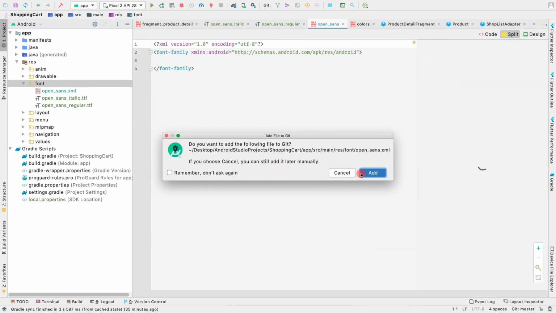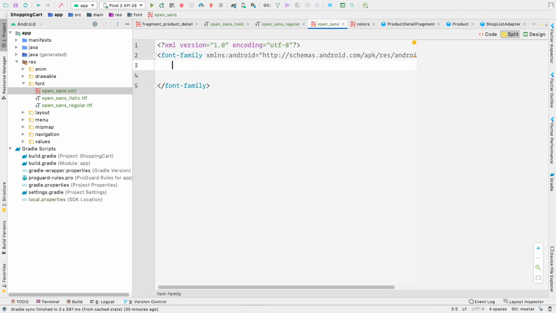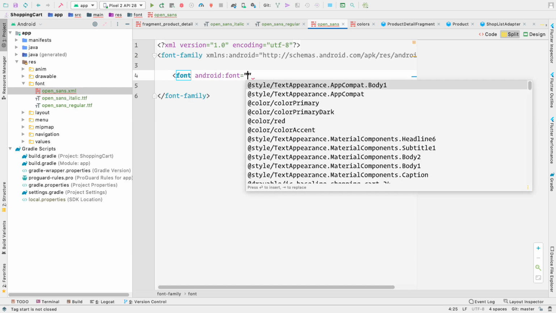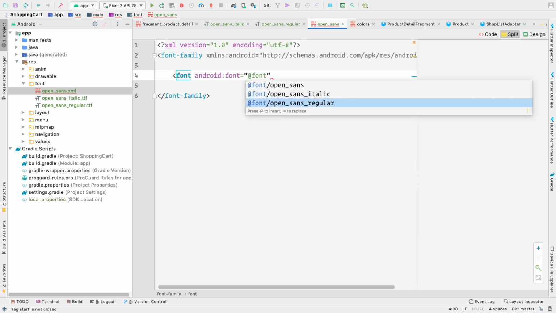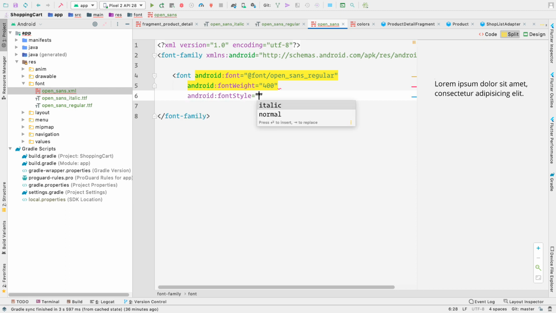And this is a good thing, don't worry about this. So let me click on add here. And now I want to add my fonts to this font family. The first font which I want to add here would be the regular font. So the font would be this font here, that is coming from the font directory, that is at font open sans regular. And then we need to provide the font weight. For a regular font, the font weight is always 400, but in case you want, you can change it, but you should generally use 400 as the regular font weight. And the font style would be normal, since it's a regular font, like this.